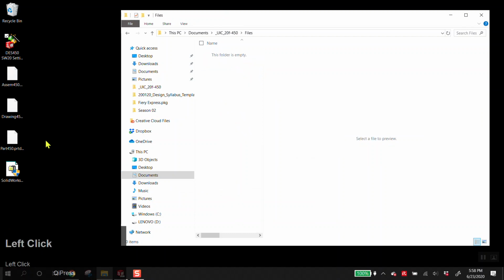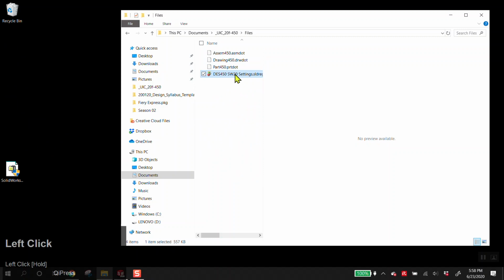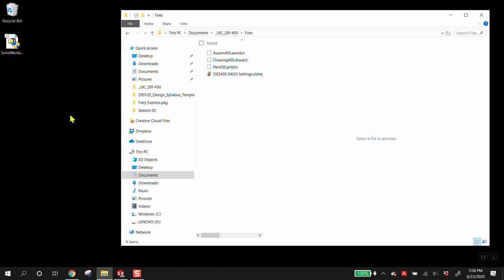Double clicking on that will open it, and then I'll simply just drag these 3 files into here. I mean, I could even just drag the registry. You don't really need this. Once it's applied, you can delete it. But these template files that end in .dot, you want to keep those because they will be your templates for starting a new file in SOLIDWORKS. So wherever you place them organizationally, just remember that because that's going to be important for